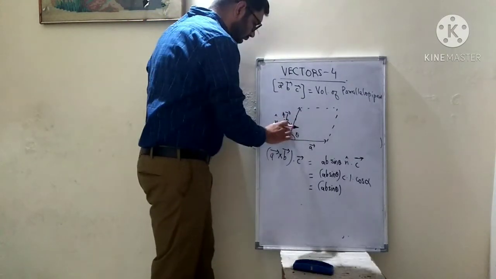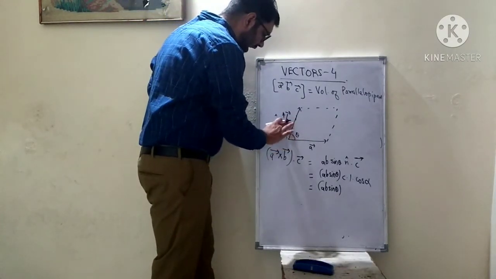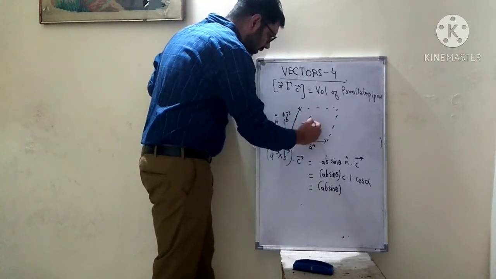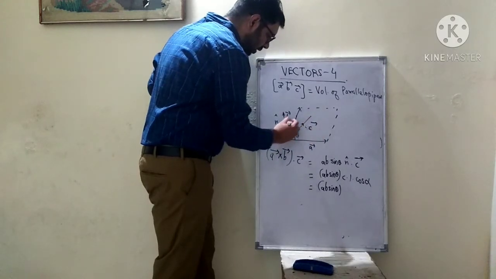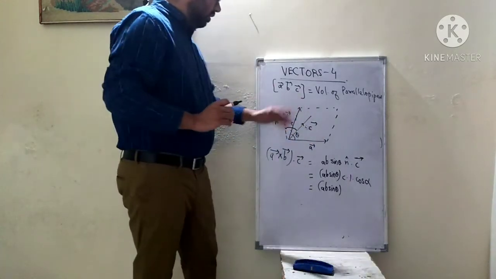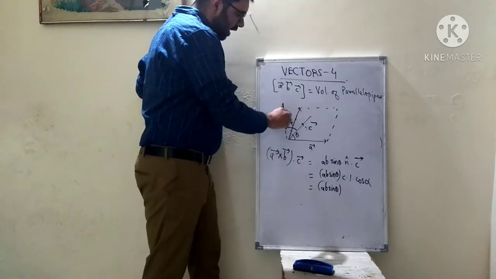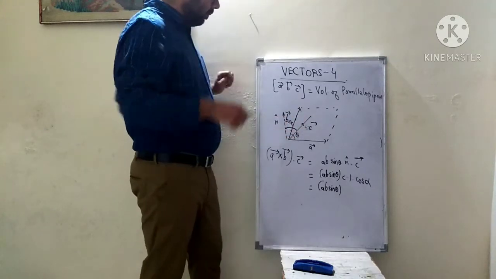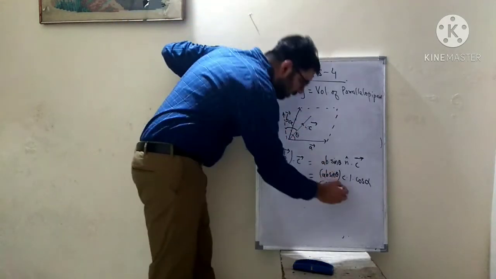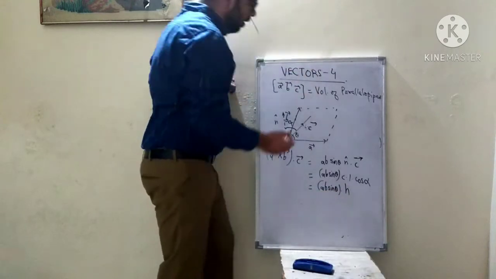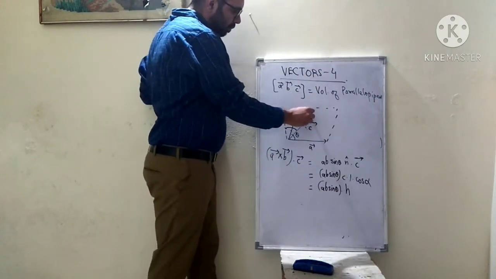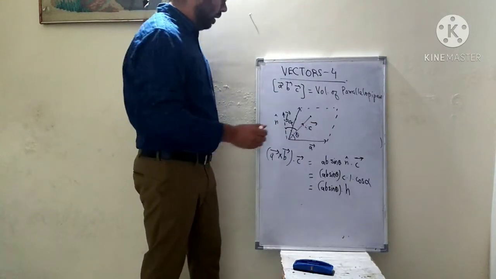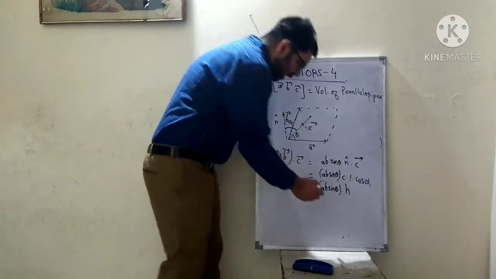Suppose alpha is basically the angle between c vector and n cap vector. So if this is c vector, this angle will become alpha. n cap is the unit vector perpendicular to the plane, so it is the angle between c vector and n cap vector, right? So c cos alpha will give us the height from this point to the base of this parallelepiped, right? So basically AB sin theta